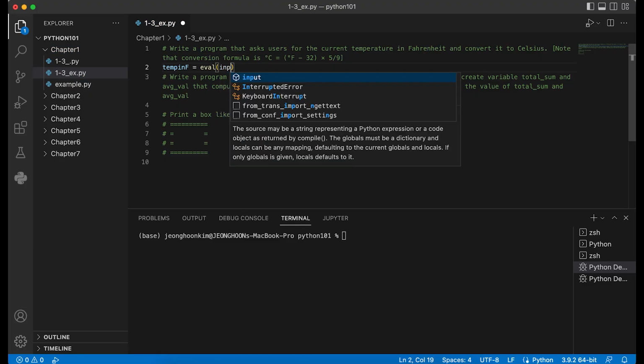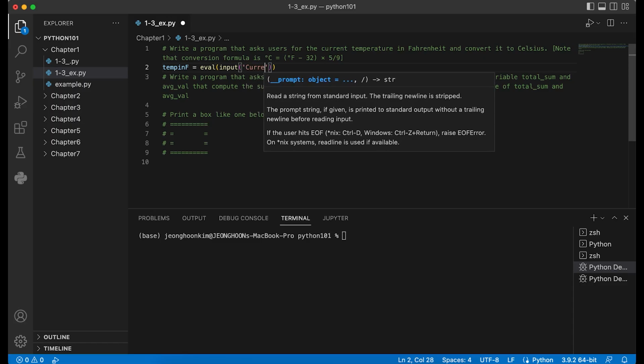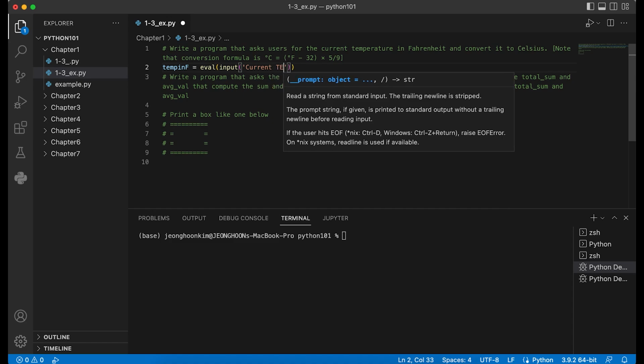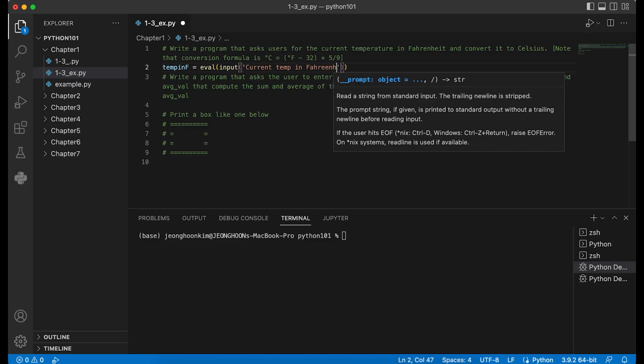And we're going to get the input from users, right? And we give the message current temp in Fahrenheit, right?